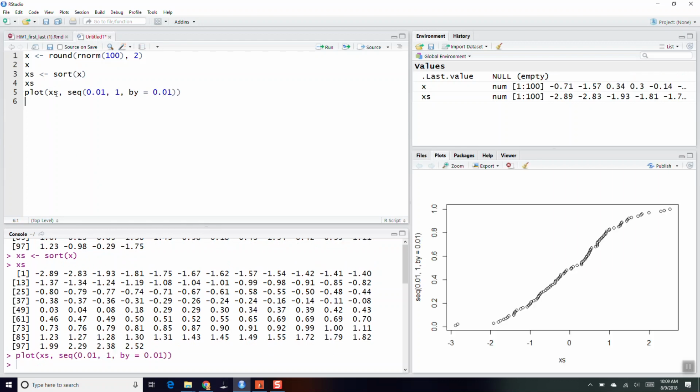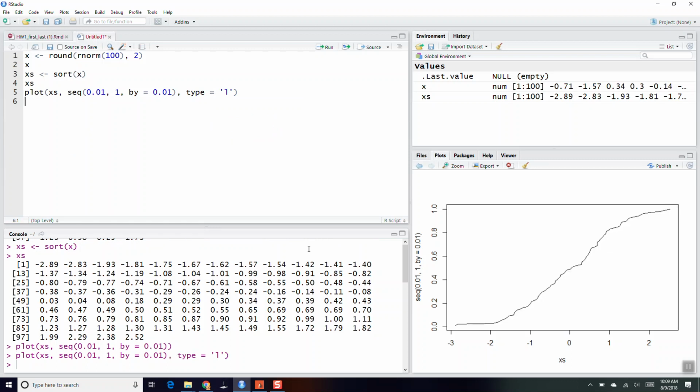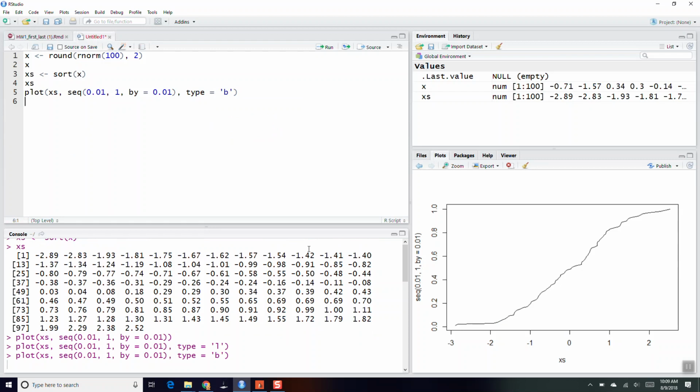Okay, and this is basically what my empirical CDF looks like. I'm just plotting each of these points, and maybe I would do type equals L. Okay, and generally when you create an empirical CDF